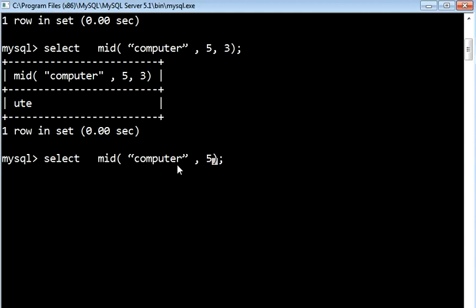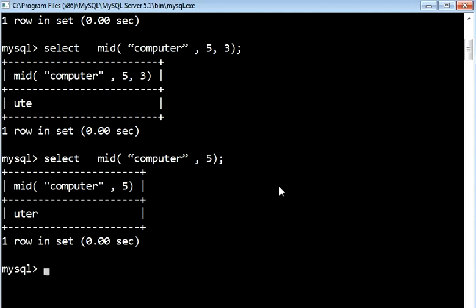What is the fifth character? It starts here, U. So from U till R it will be fetching and displaying. I hope it is clear. So when only 2 arguments have been passed, from the given index position till the end of the string, the whole string will be read and displayed. Now let us see in reverse order.